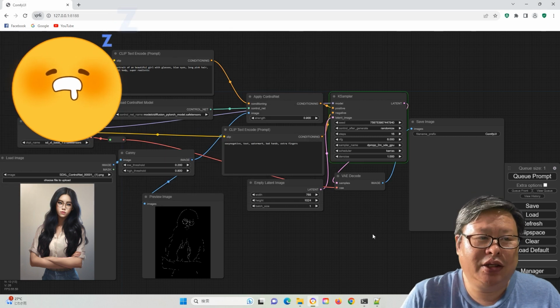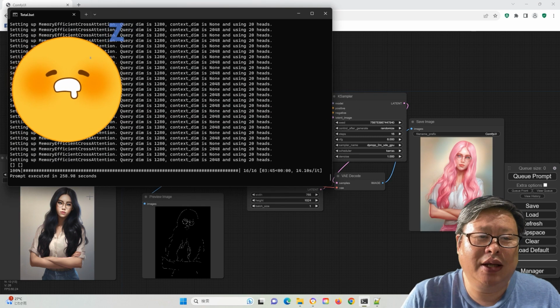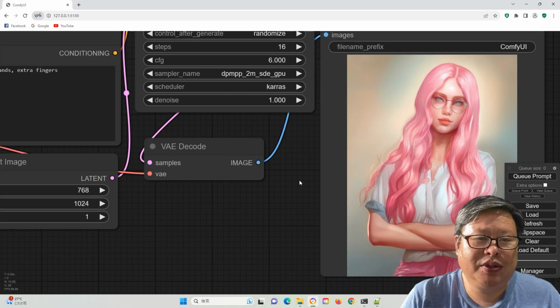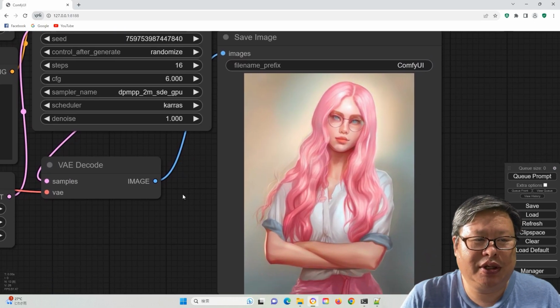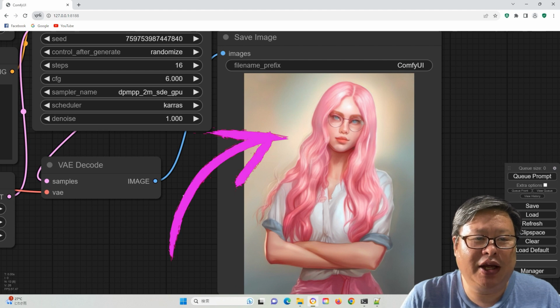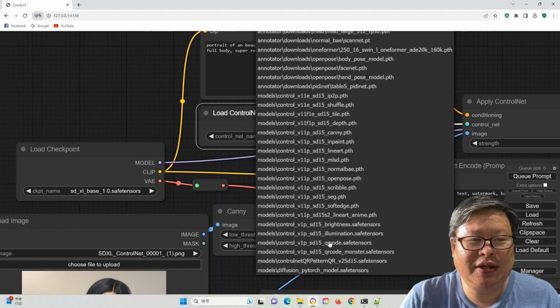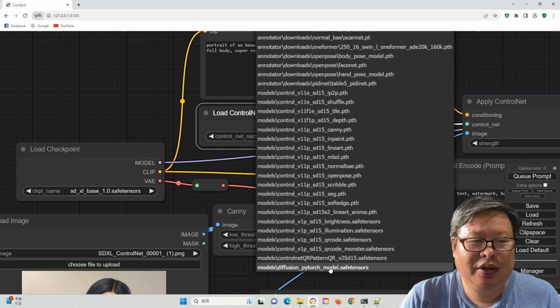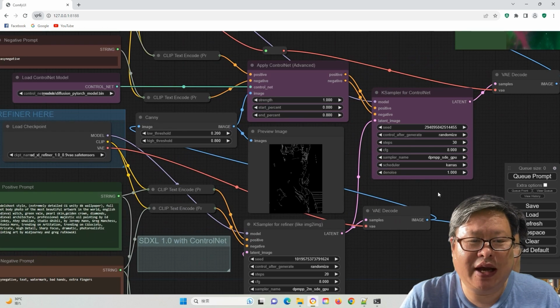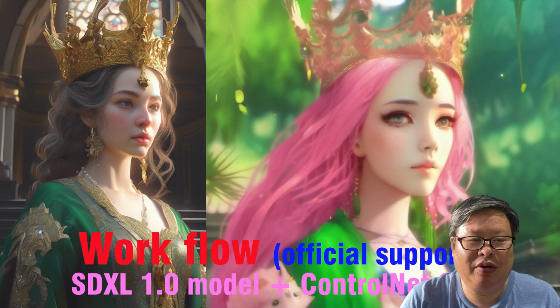In my case, it took approximately 260 seconds. The resultant image aligns precisely with our expectations, with the eye and hair color changed as intended. If you encounter any issues, ensure that your ControlNet model is in the designated directory. For comprehensive guidelines, please check my previous video.